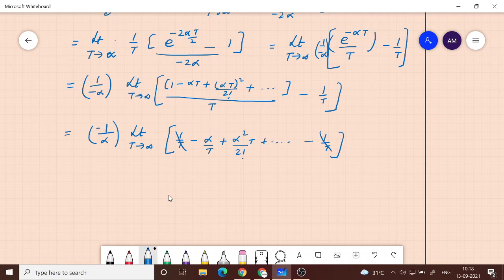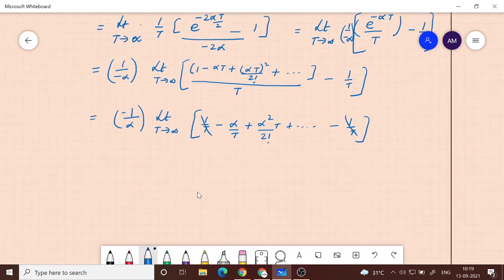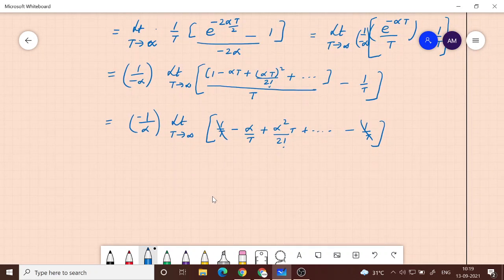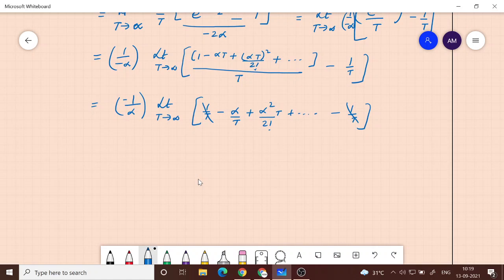Or maybe the other way we can do is apply L'Hospital rule. Everybody knows what is L'Hospital rule? In integration you might have studied L'Hospital rule. We have to differentiate. Okay, so let's do it by that method, so that is better. Otherwise again I have to rearrange and take everything, so it is more tedious.